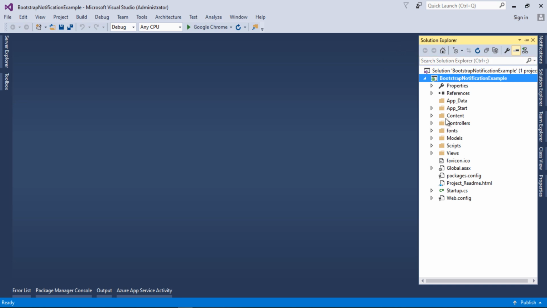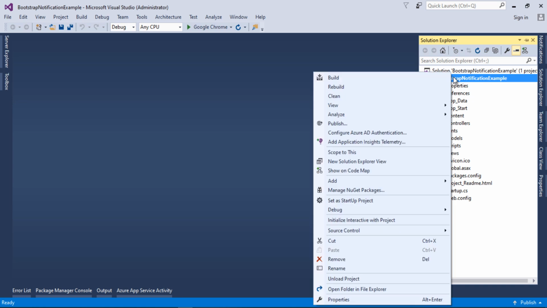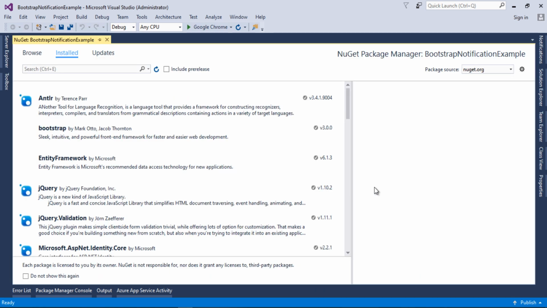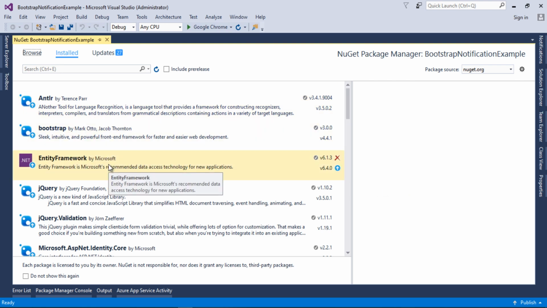First of all, I need to install a NuGet package for Bootstrap notification. I will right click on the project, and from here I will go into Manage NuGet Packages for the project. As you can see, we have different NuGet packages installed in our project.